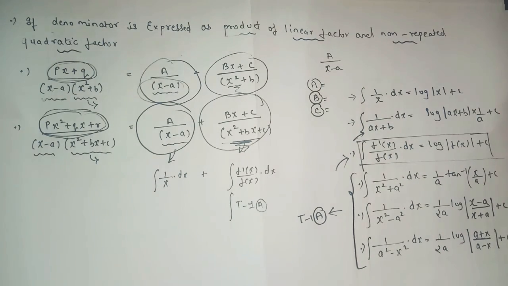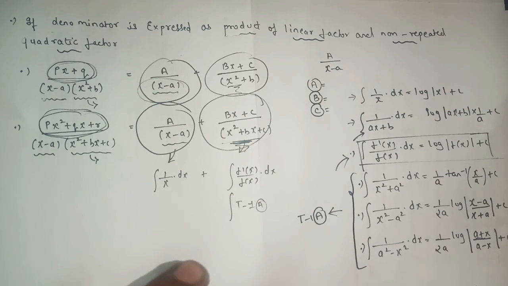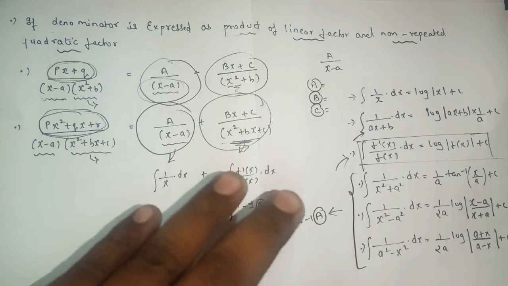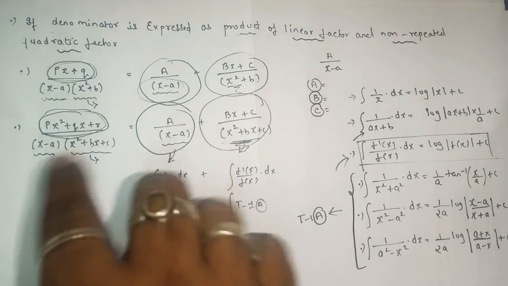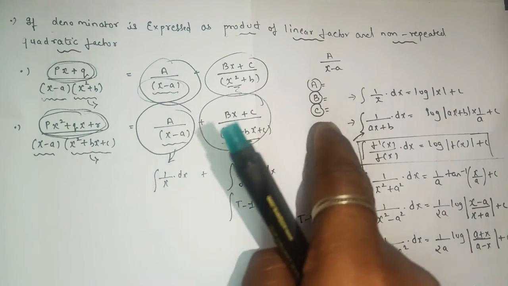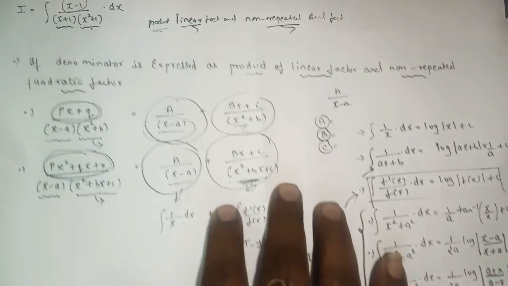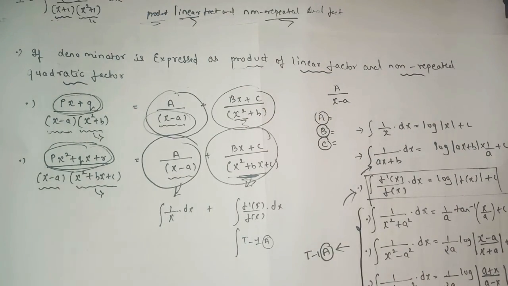So here I can say that's the end of all the types. I have covered all the sums, all the types, all the examples, all the properties based on integration. This was the last part of integration, known as integration by partial fractions, the method of partial fractions. In that there were three subtypes: the first was the denominator expressed as non-repeated linear factors; the second, the denominator expressed as a repeated linear factor; the third, the denominator expressed as a product of a linear factor and a non-repeated quadratic factor. So that's the end of type number 8 as well as the end of the integration chapter.